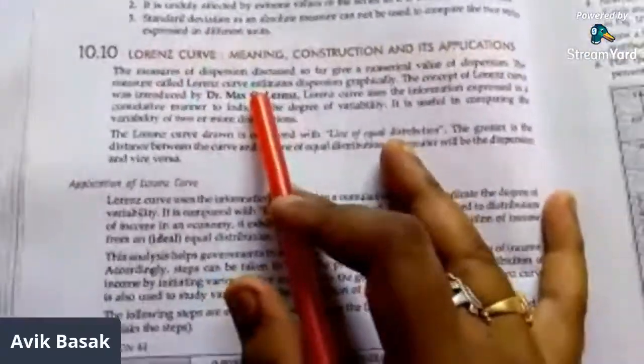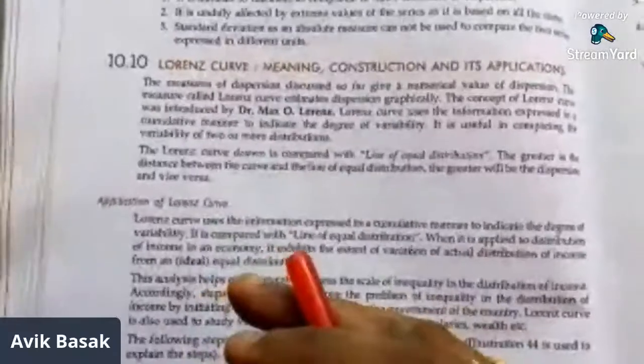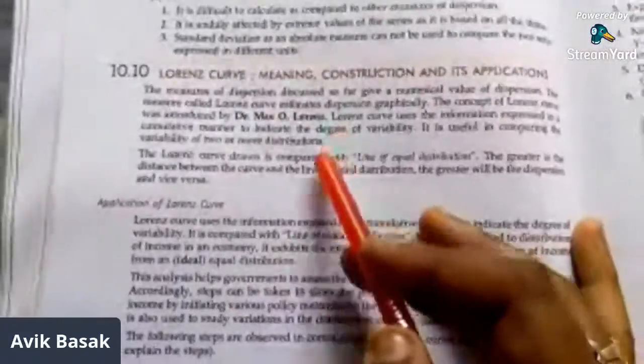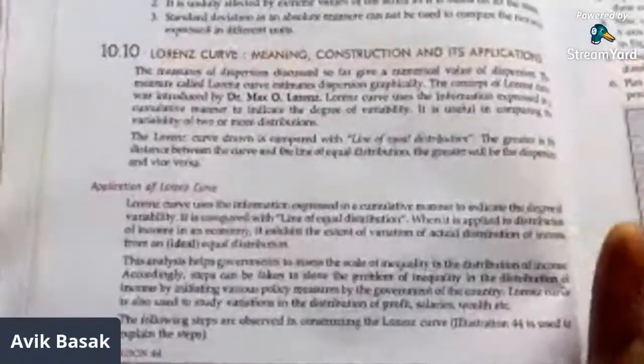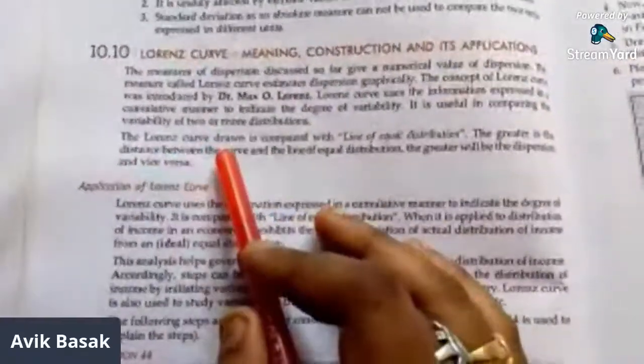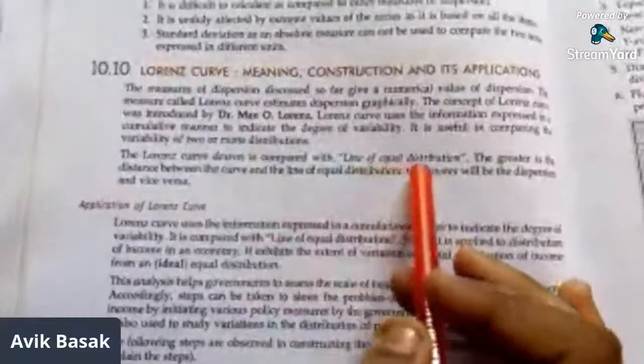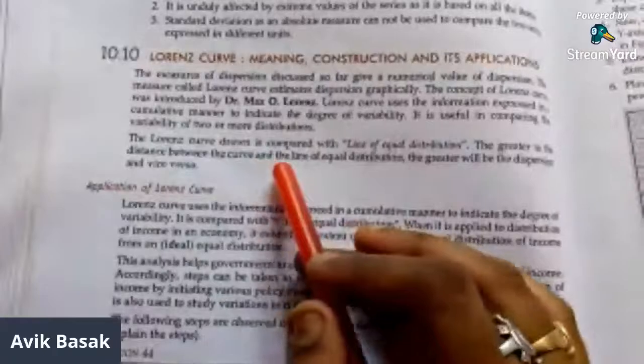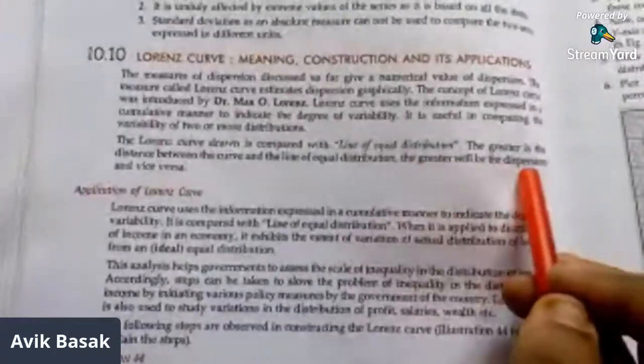What is this Lorenz curve? Who has introduced the Lorenz curve? Dr. Max O. Lorenz. And what was his intention in doing this? The Lorenz curve drawn is compared with the line of equal distribution. The greater the distance between the curve and the line of equal distribution, the greater will be the dispersion